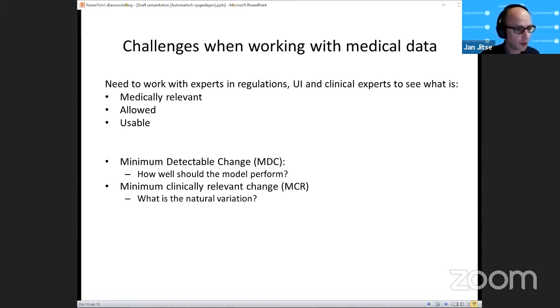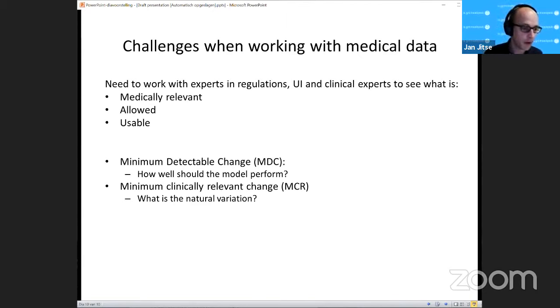But for that, you also need to know the minimum clinically relevant change. So when is a doctor getting worried? Because maybe 50 meters, then 40 meters the next day, is just a normal variation of a person. One day maybe it's raining, maybe you feel a bit tired, maybe you had some leg problem that day extra. It's just a normal change, maybe. So you should be able to detect that as well. What is a normal variation, and from what point onwards do I need to start worrying?